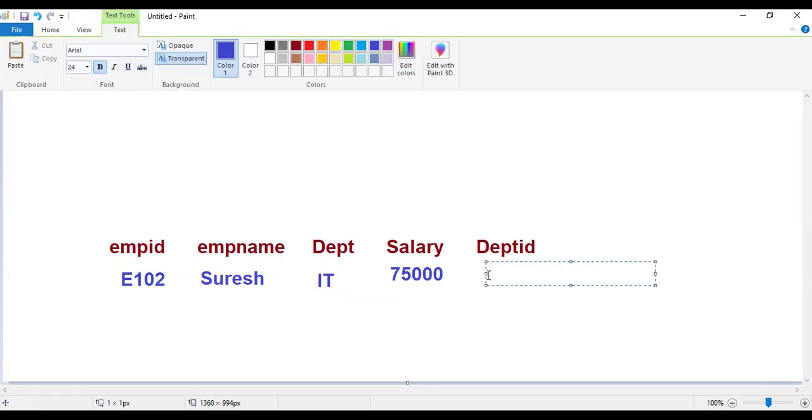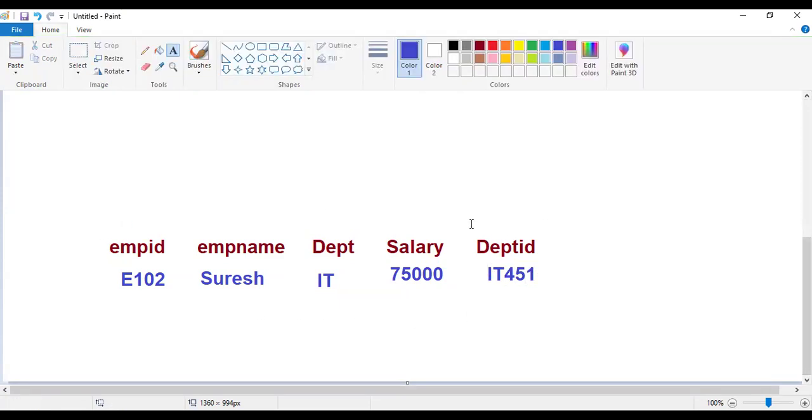Now department ID is something like this, right? This is a table. Now, I want to update the salary from 75,000 to 80,000. So when I use this put method,